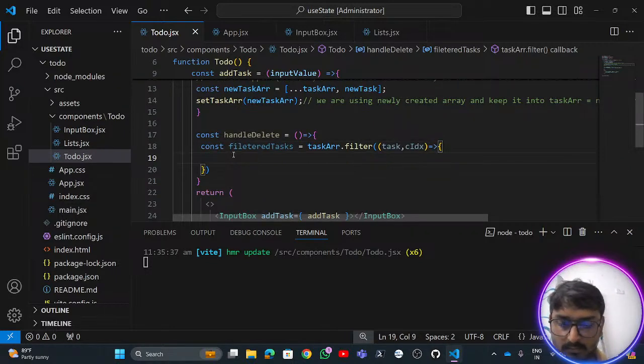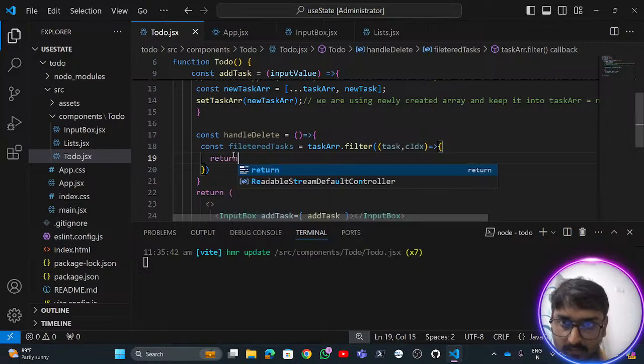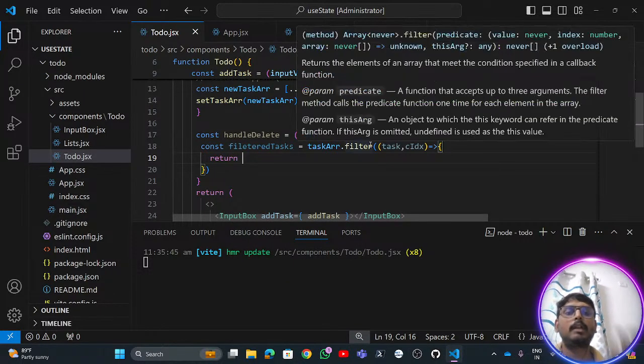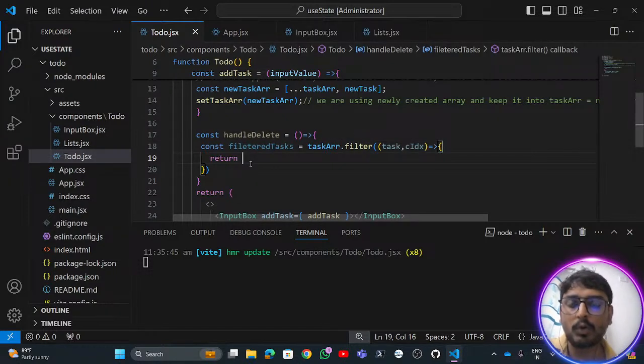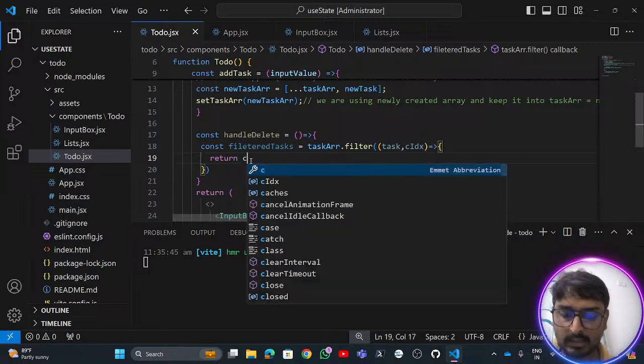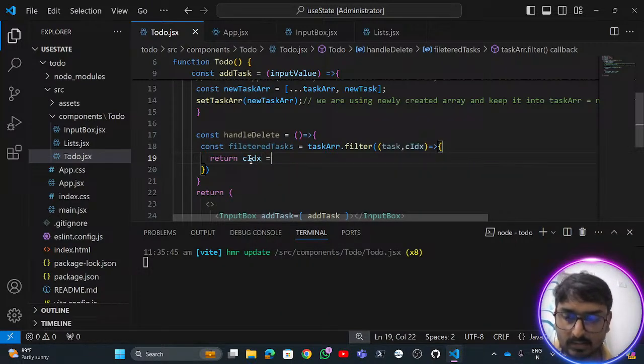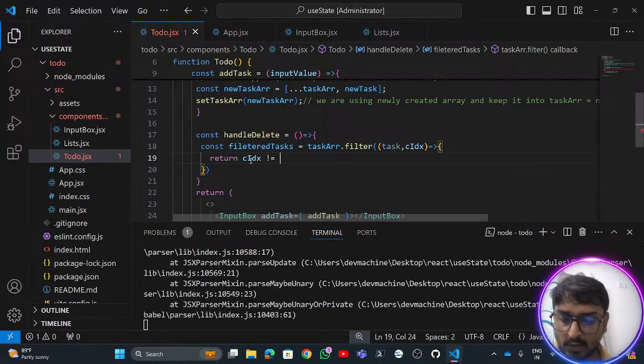I just want to remove it, so I'll say return. This filter function actually removes the items. The filter method returns the elements of the array that meet the condition specified in the callback function. So the condition is that this cidx should not equal this given value of idx,